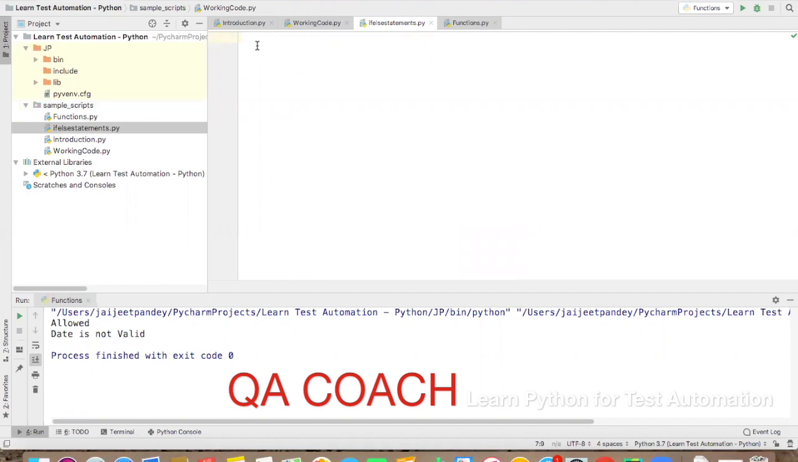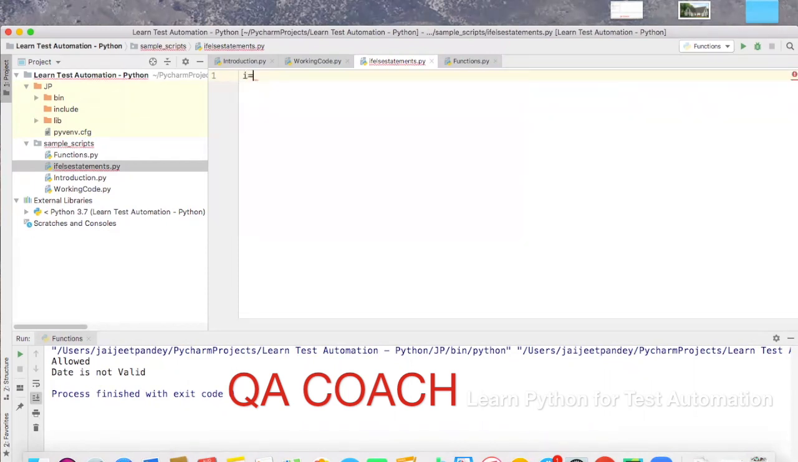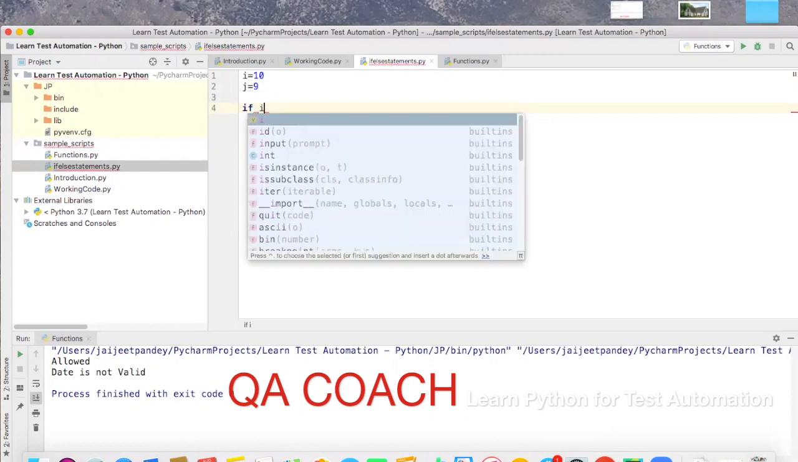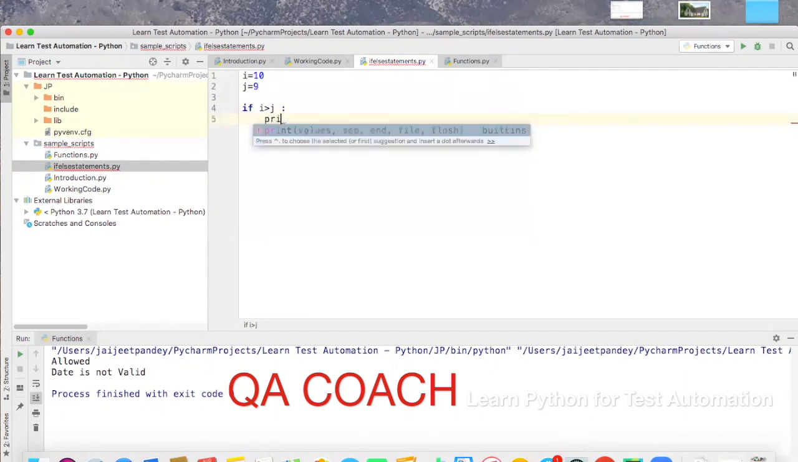Okay. So now it's a new blank file and let me start. I'm just defining one variable, i is equal to 10 and j is equal to 9. So if I need to compare which number is greater, I'll be using an if statement here. So if i is greater than j, and after the condition, so first you have the if statement, then you have the condition to be checked, and then there is a colon. That is the syntax. If i is greater than j, then you can print